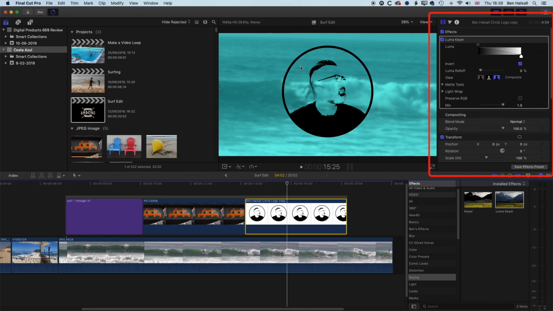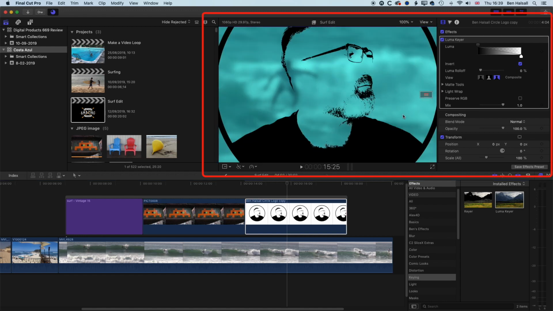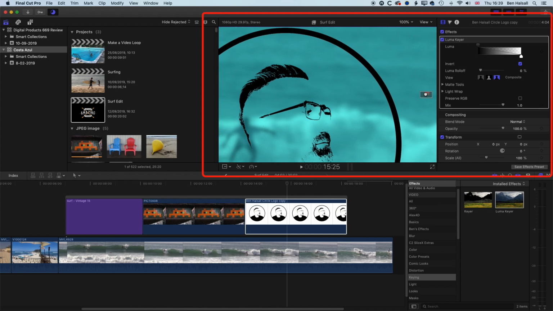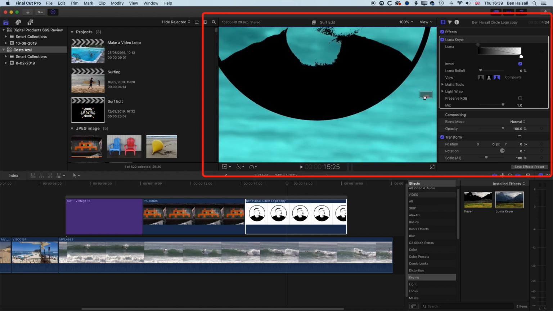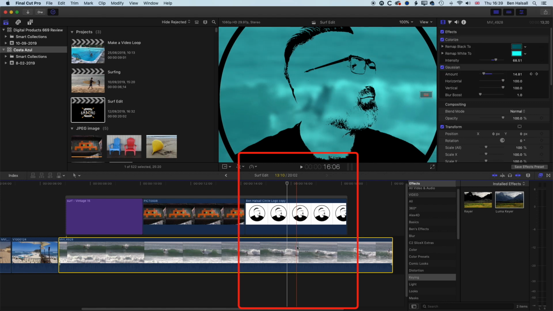If you don't get quite as crisp an outline, or you want to check the crispness of your outline, go to 100 or 200% and just use that little red square to move around and see if everything is nice and crisp. So we'll turn off the background here by tapping V,